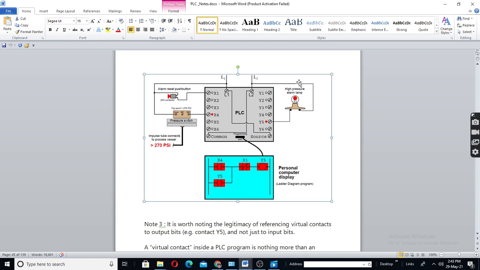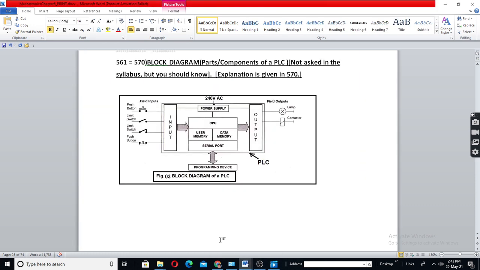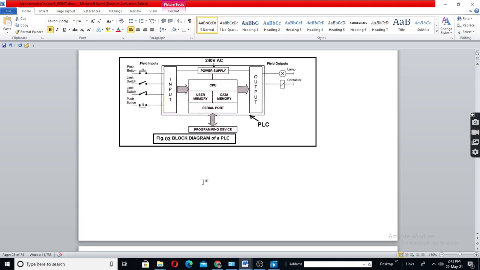Neutral is given directly to the bulb. Phase will go to the bulb according to the program. This is the program written in the PC and then uploaded to the PLC unit through the serial port. We have to write the program on a computer.